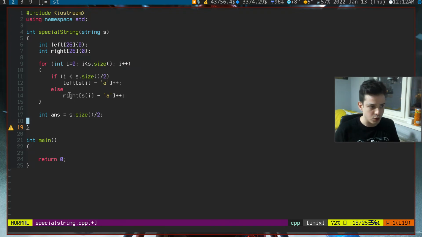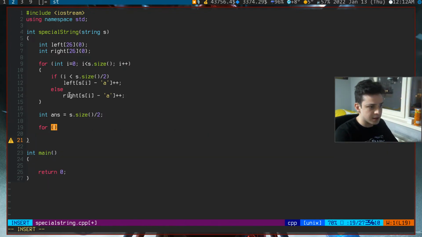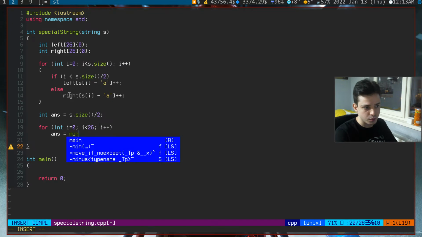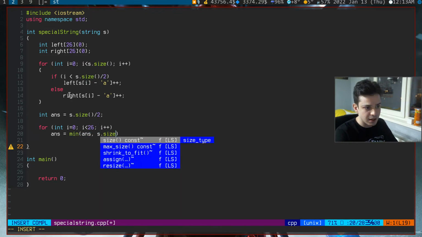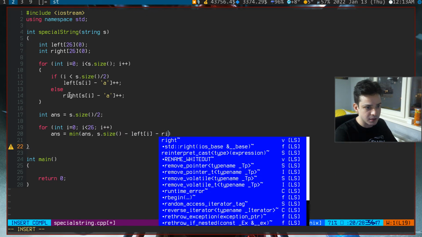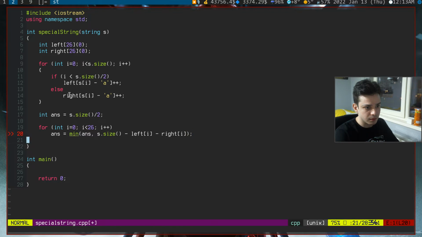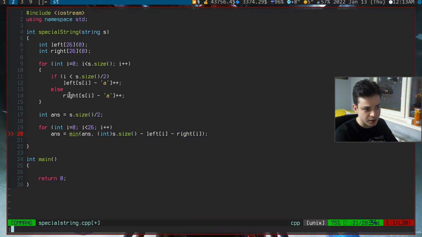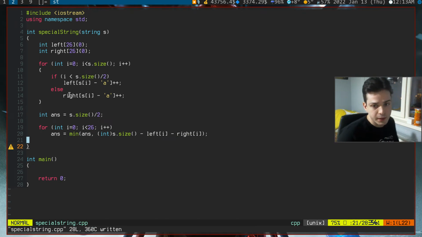So how can we solve it? It's actually pretty simple. We make a simple for loop through our alphabet, and we set the answer to the minimum of answer as well as s.size minus left[i] minus right[i]. Why is this happening? Let me explain it a little bit.